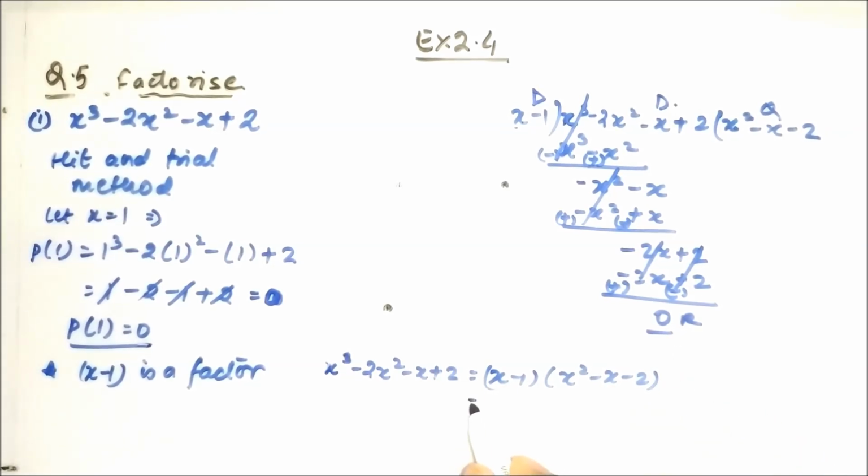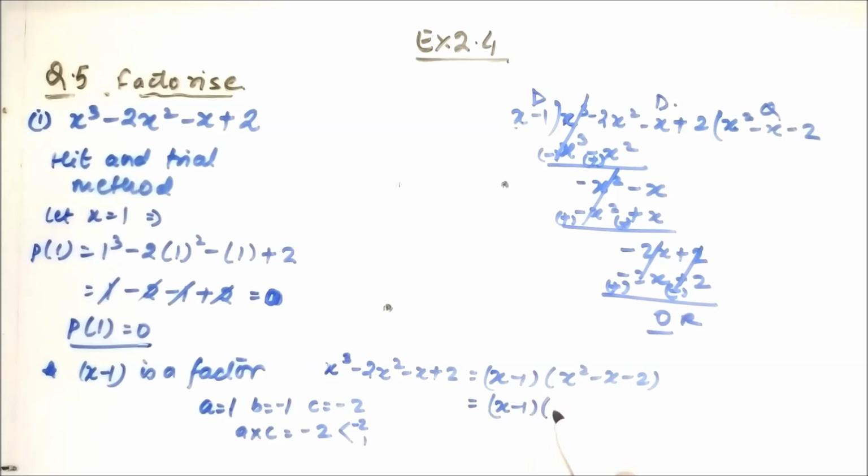Now here we have x minus 1, and we are again going to break this quadratic polynomial into two linear polynomials as we have done in question number 4. That is splitting the middle term. Again here we have the value of a as 1, b as minus 1, and c as minus 2. We multiply a into c, that is minus 2. You break minus 2 as 2 and 1. This is the only possible factor pair, after adding which we will get minus 1. For getting a negative value, the bigger value should have the negative sign.